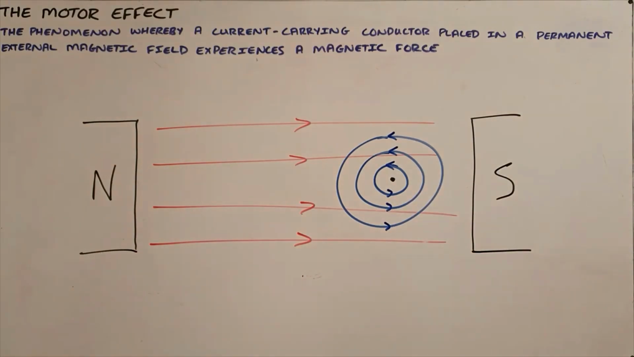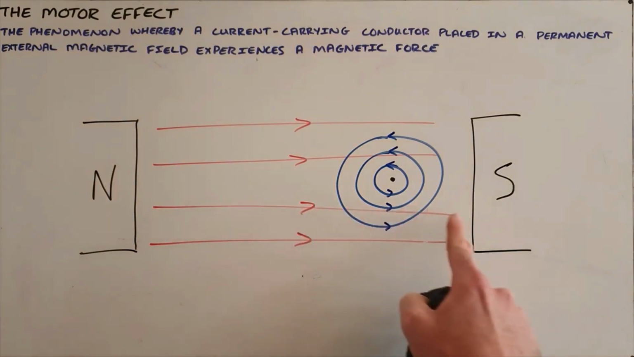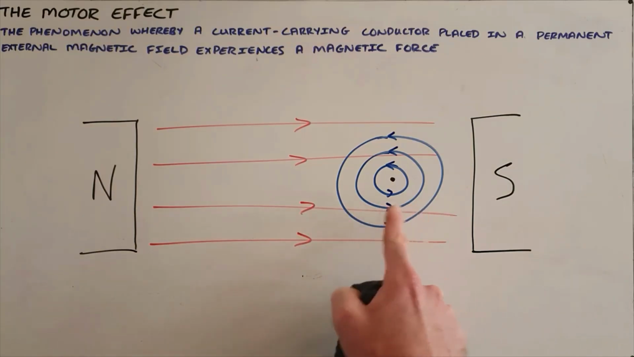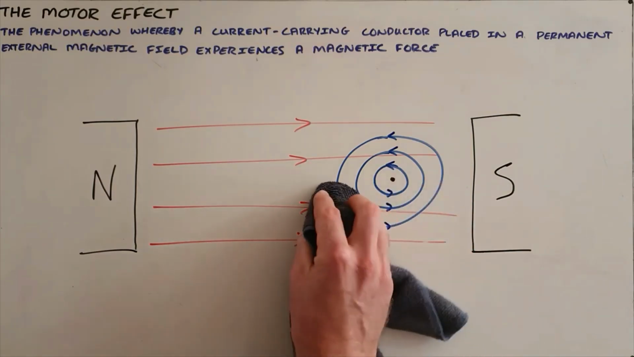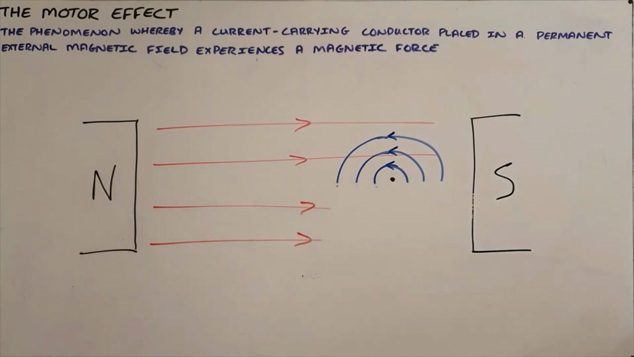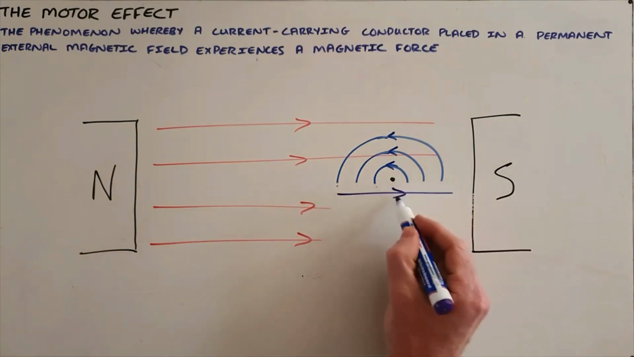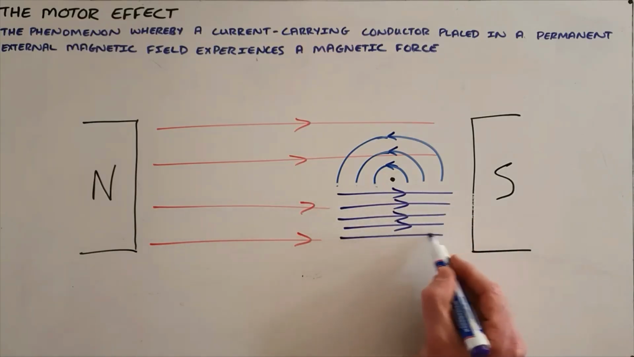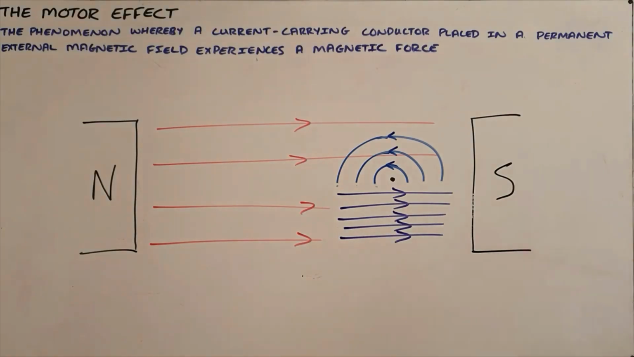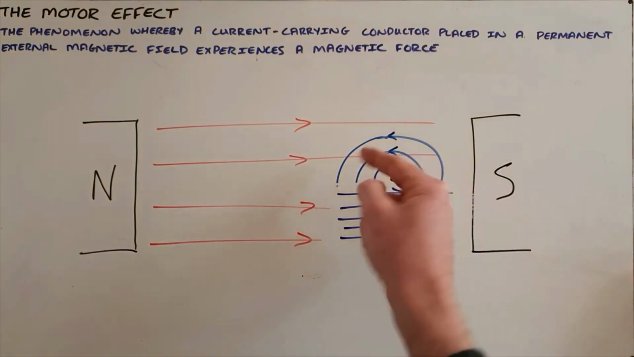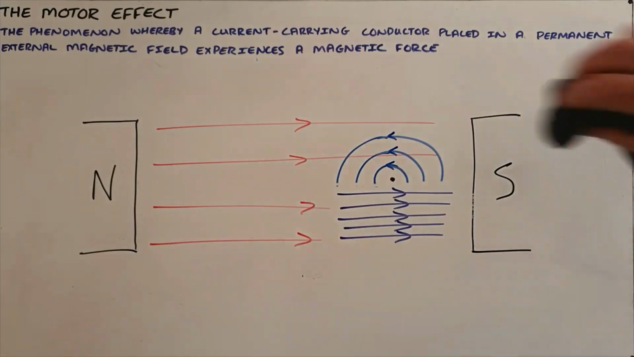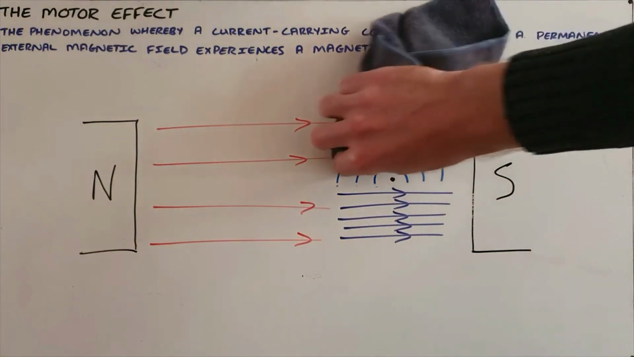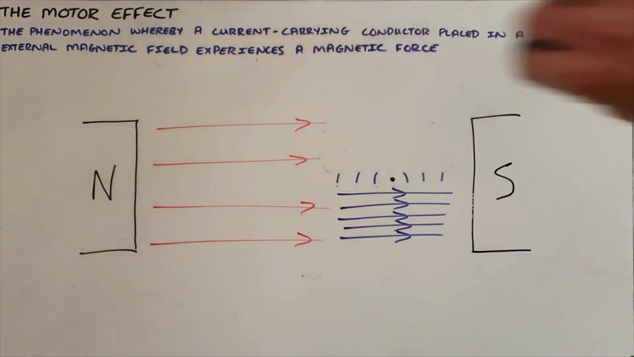And now what we can see is that beneath this wire, the external magnetic field interferes constructively with the magnetic field surrounding the wire, which results in a stronger magnetic field below the wire, because we know those both magnetic fields acting in the same direction would result in a stronger magnetic field. And at the same time, above the wire, the magnetic field around the wire is in the opposite direction to that of the external magnet, and as a result,